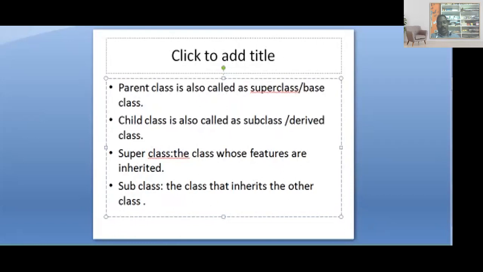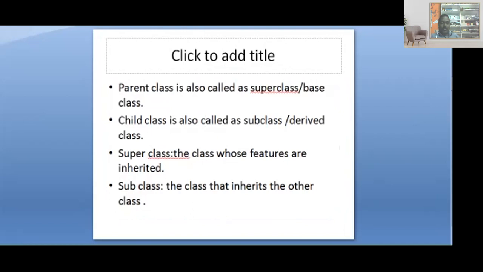What is a super class? Nothing but a parent class: a class whose features are inherited is nothing but a superclass. What is a subclass? A subclass is a class that inherits the other class. The simple way I'm giving the definitions is not a big matter.